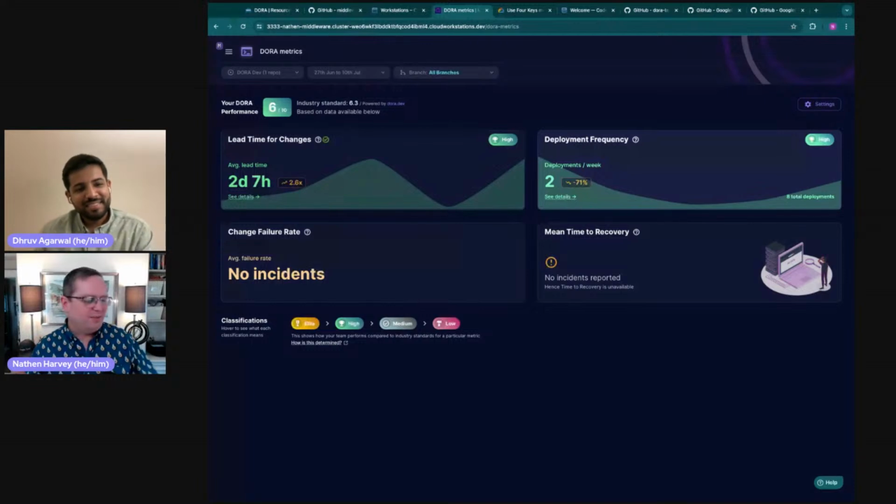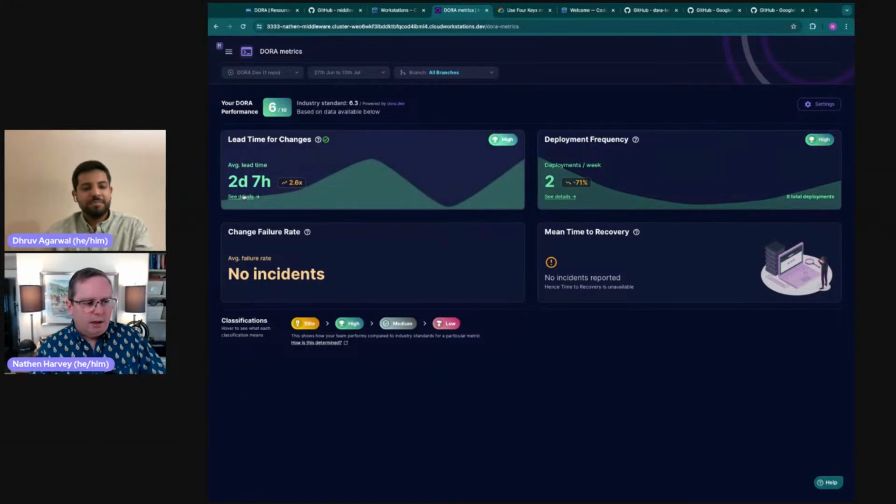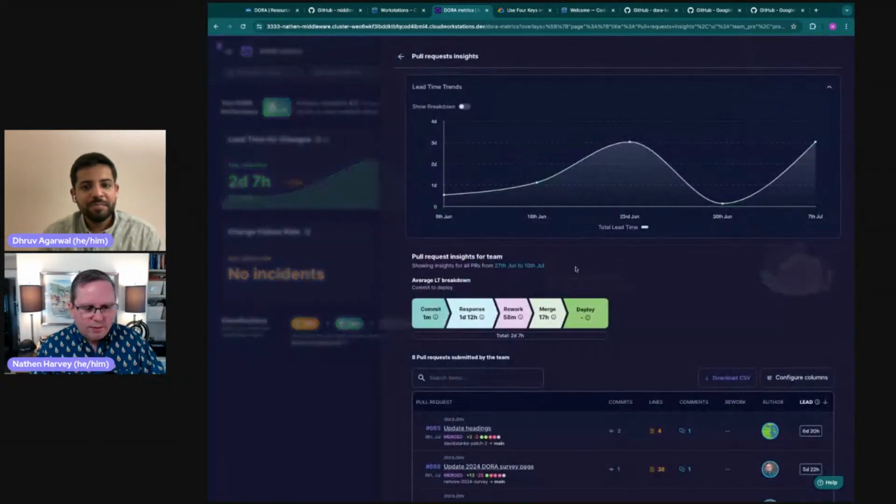Right. So this makes really good sense. And I like the opportunity where you have the workflow, so that if you have a more sophisticated or more complex deployment process, you could capture that as well. Now, maybe I'll look at these details and you can walk me through this really quickly. It was easy for DORA.dev. I'd like to look at a couple of other repositories too and just make sure I've understood how to get this set up. But let's take a look here.